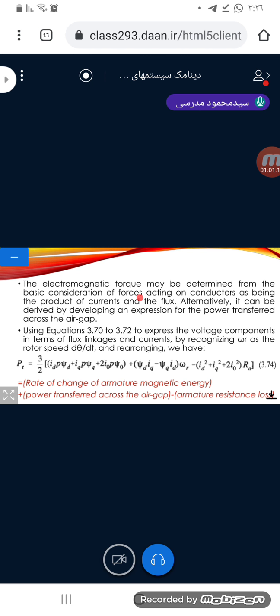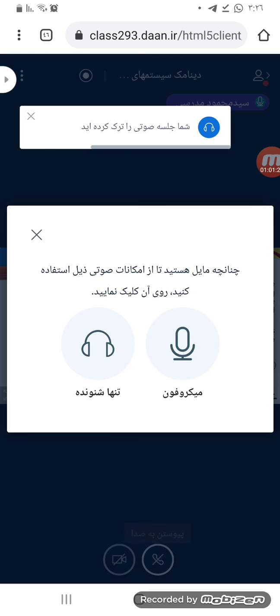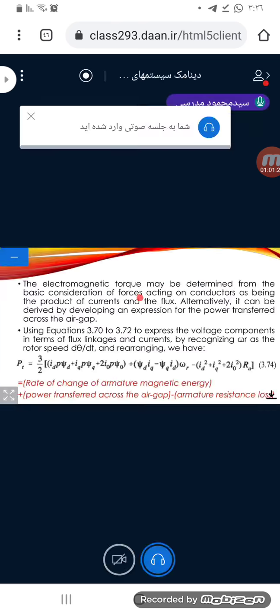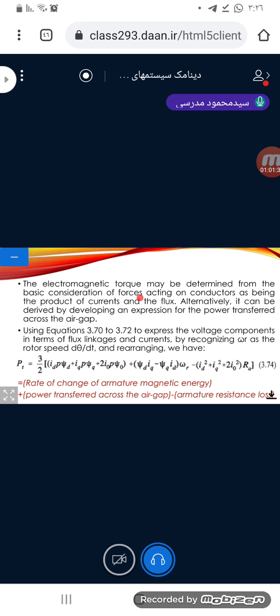Alternatively, it can be determined by developing an expression for the power transferred across the air gap. Using equations 3.70 to 3.72 to express the voltage components in terms of flux linkage and currents, and recognizing omega r as the rotor speed d theta per dt, we have